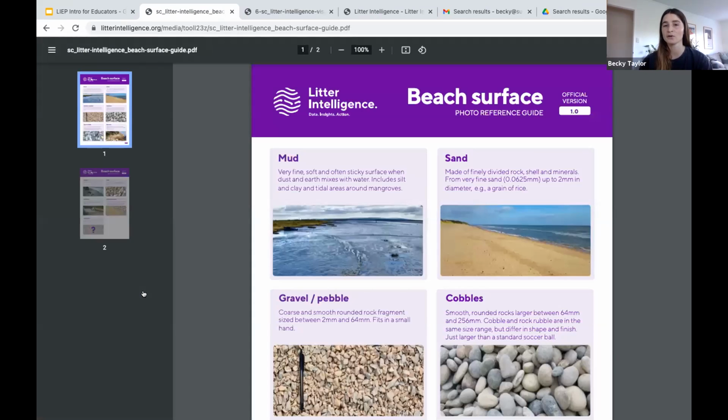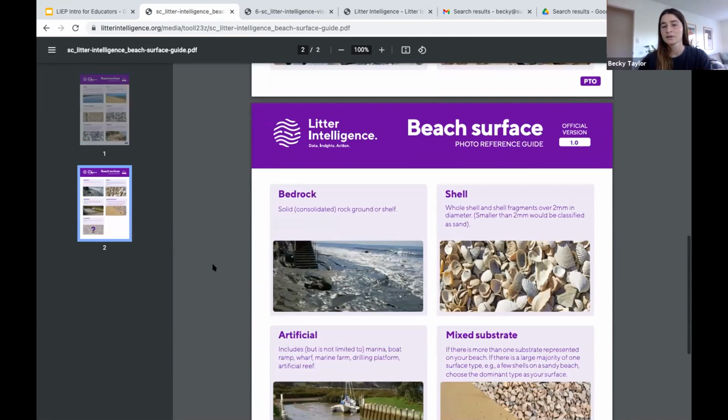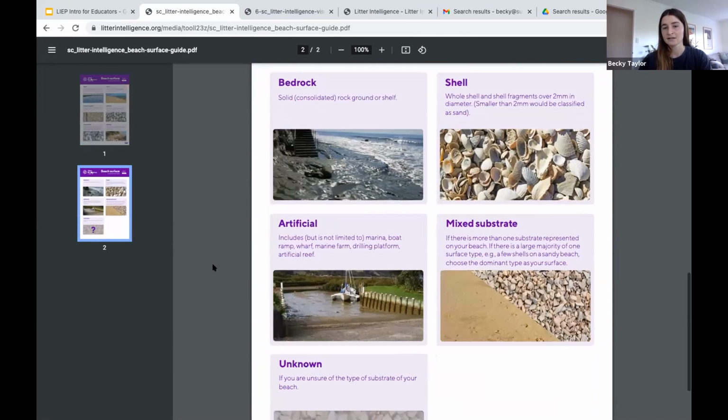So, the other data that we collect pretty much as we're going. The app that you will use to log in where your survey is will ask you these questions. So it will say, what is the beach surface? So we're collecting all this other data as well,